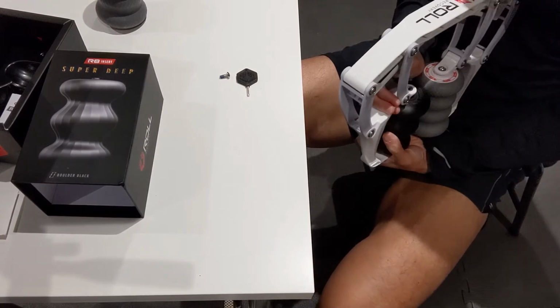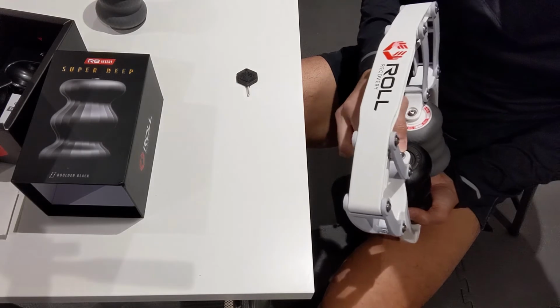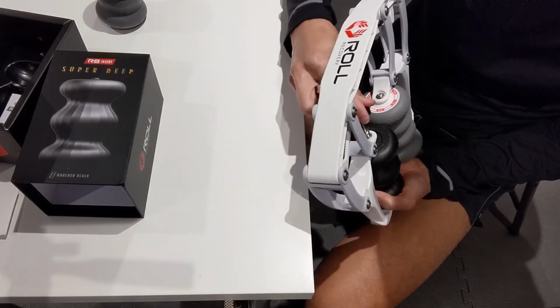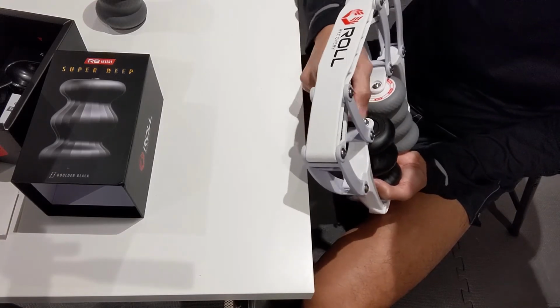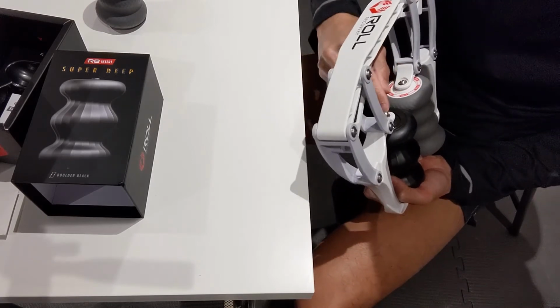So I don't know if there was a simple swap. Like I said, I did see the older version on a Facebook group going for $100. So you know what, I thought that actually wasn't a bad price. I kind of thought maybe do I need another one, but clearly I don't. But